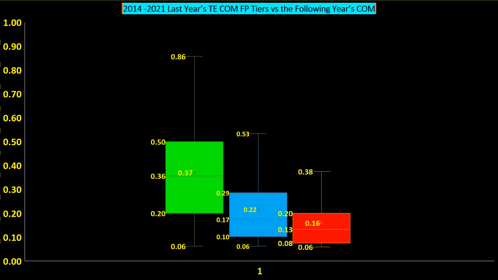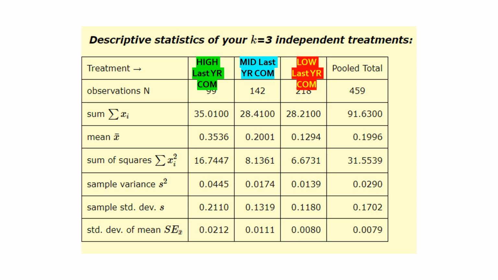But again, we're looking in the populations. Are they different? Are they the same? And you can pretty much see just in a visual way of the box and whisker that they're going to be at least the high from last year's, and turns out this year there's a lot of consistency continuing, and that's different from the other groups there. So Anova then, descriptive